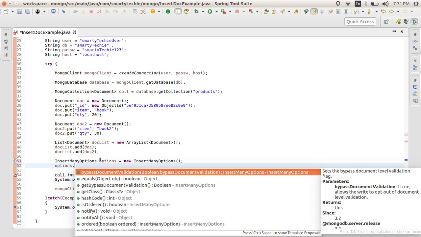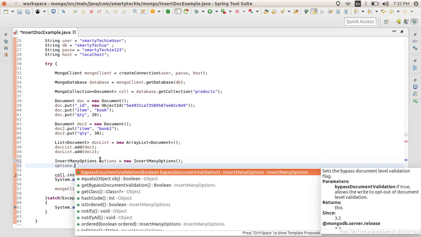I don't have any validation on the document, but if you have, you can use bypass document validation, so the documents you are inserting using insert many will not use any validation. It will help you to opt out of the document level validation, so in that case you may provide this flag.